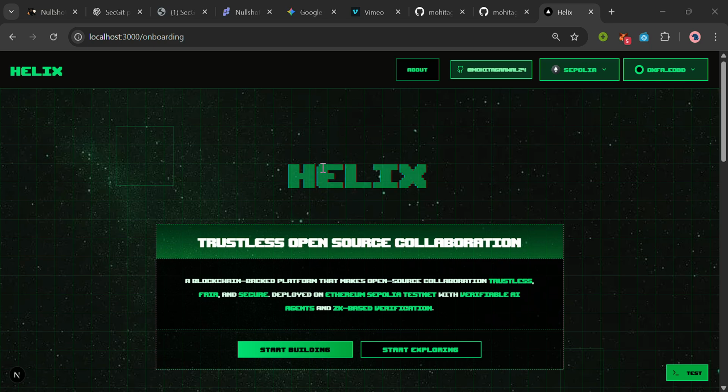My name is Mohit Agarwal and I present you Helix, an MCP-connected multi-agent trustless development network that automates the entire lifecycle of open source collaboration. It uses Model Context Protocol for agent discovery, interoperability, and dynamic tool use, multi-agent systems for autonomous repo analysis, feature ideation, and PR review, smart contracts for enforcing fairness, deadlines, and trustless payouts, and GitHub integration for continuous verifiable synchronization of project state. Helix turns open source development into an autonomous agent-driven workflow where AI agents coordinate tasks, verify work, and enforce collaboration rules without relying on human trust.